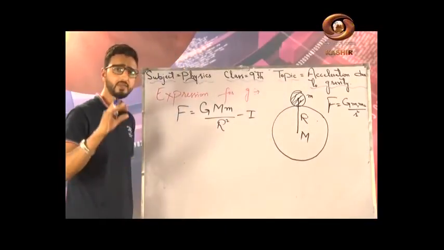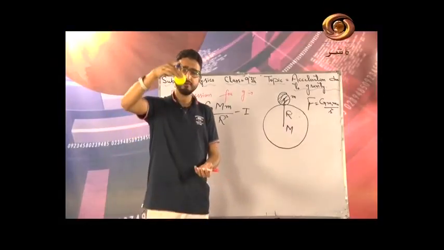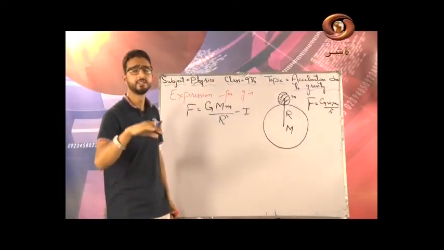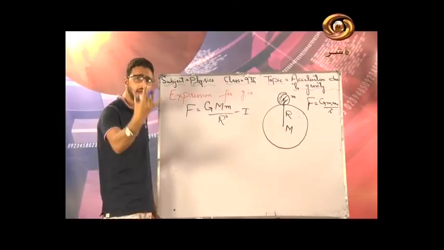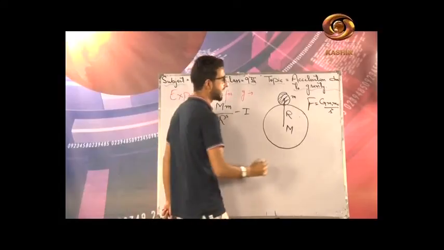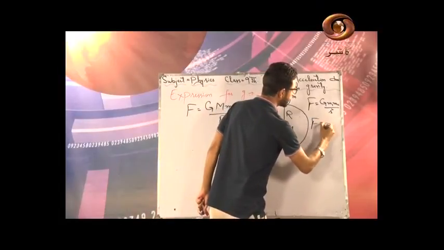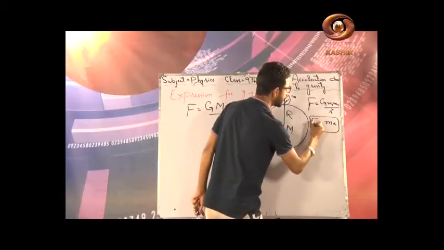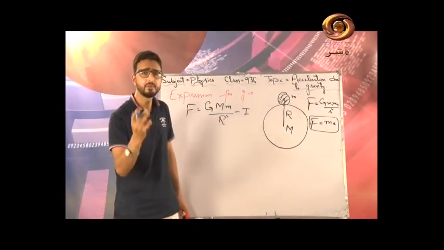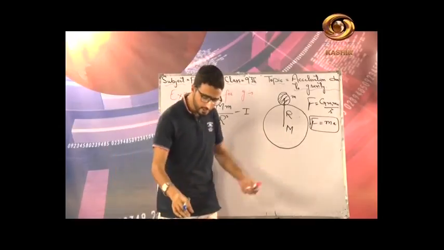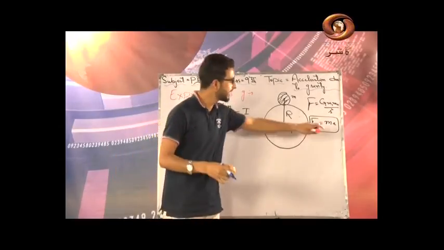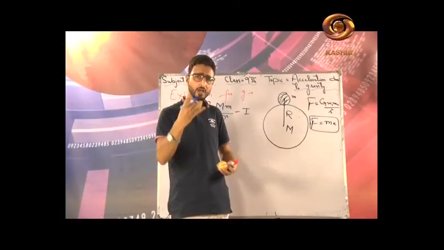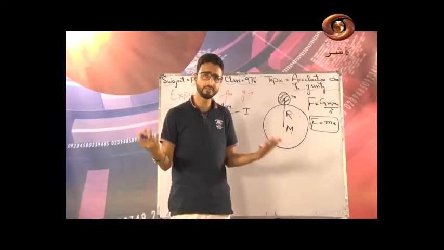ठीक है ना. Now the force with which a body is attracted towards the center of the earth is basically called the weight of the body. आपको न्यूटन सेकंड लॉ याद होगा. As per the statement of second law, F is equal to ma. We derive the expression F is equal to ma from the statement of Newton's second law of motion. लेकिन ये जो acceleration है, यहाँ पे मैं इस a को replace करूंगा small g से, because this is acceleration due to gravity here.